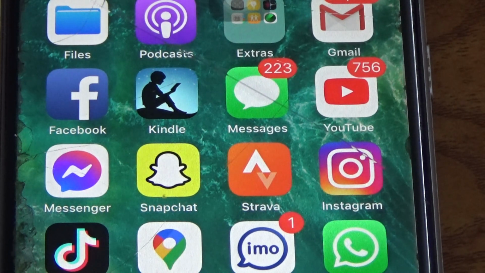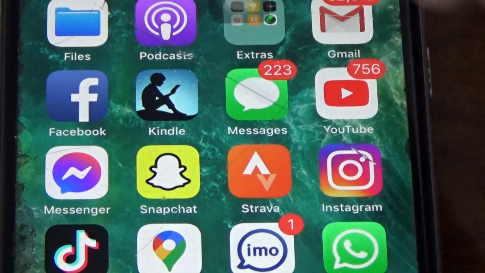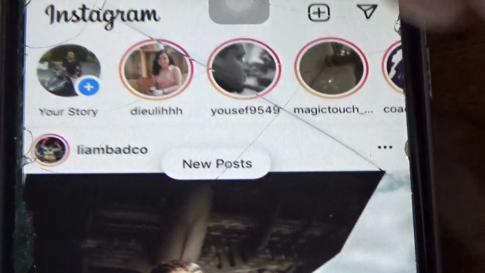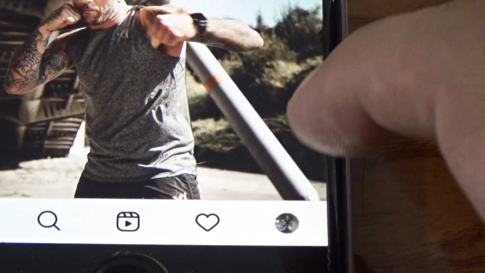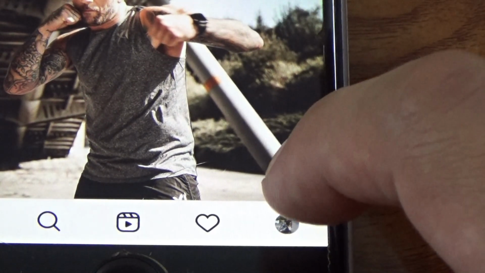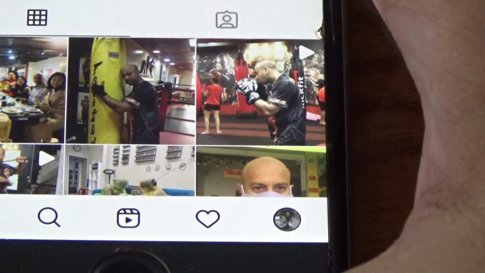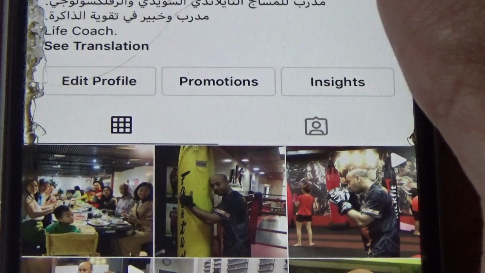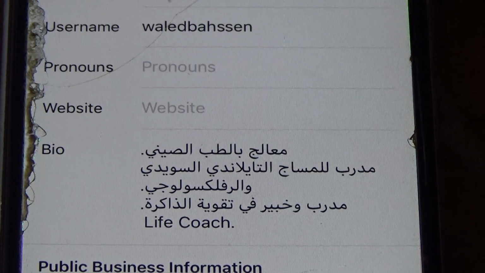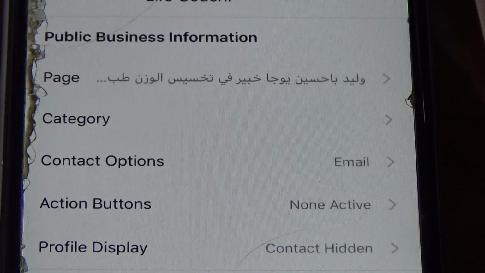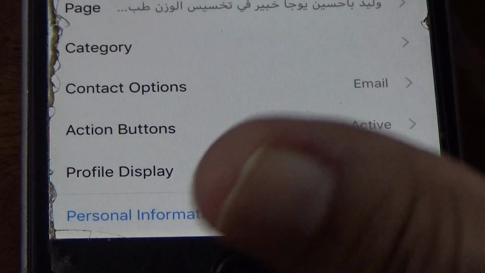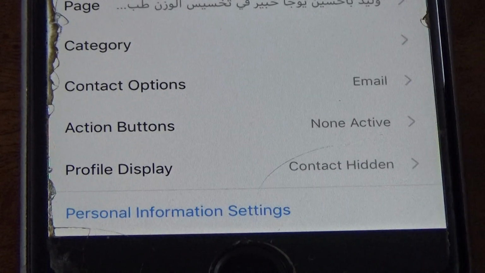What you need to do, first just go to the Instagram app, and then just click on your profile picture on the button right. After that, edit profile, and then just scroll down and then click profile display,